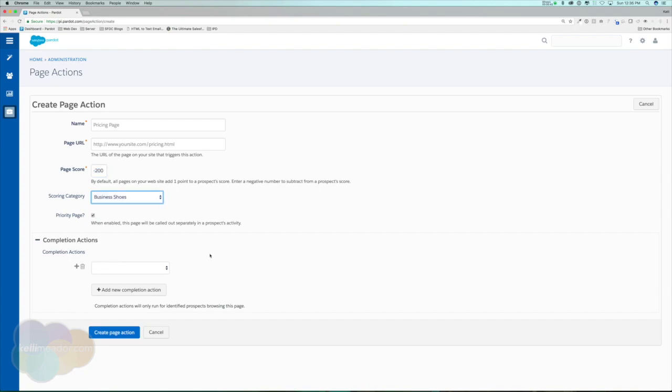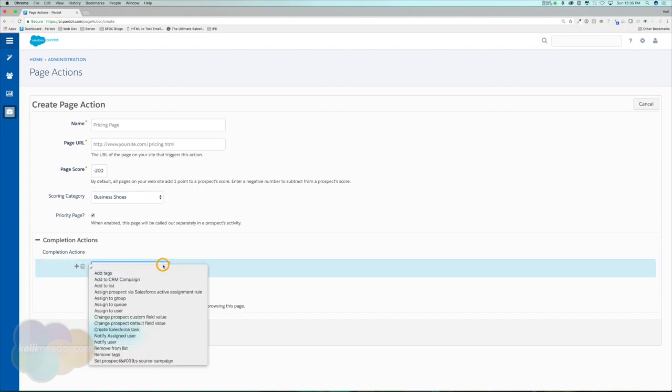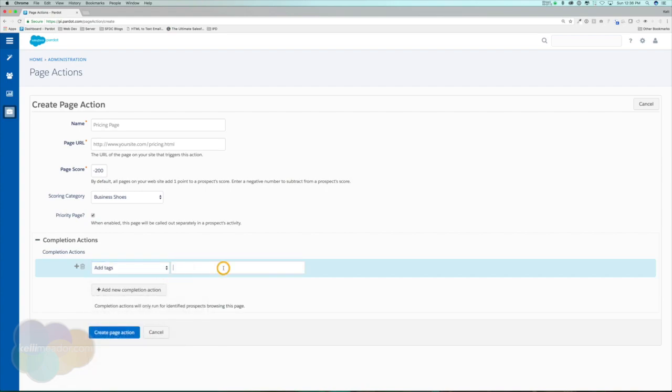So there are some really neat use cases we can do within page actions. One of the fun page actions that I like to do for my own clients is to set up almost a type of abandoned shopping cart page action. In this use case, we have two different pages. We have the first page, let's just say it's a landing page, and then we have the thank you page. If somebody gets added onto the first page, we can apply a tag to them, and that tag could be